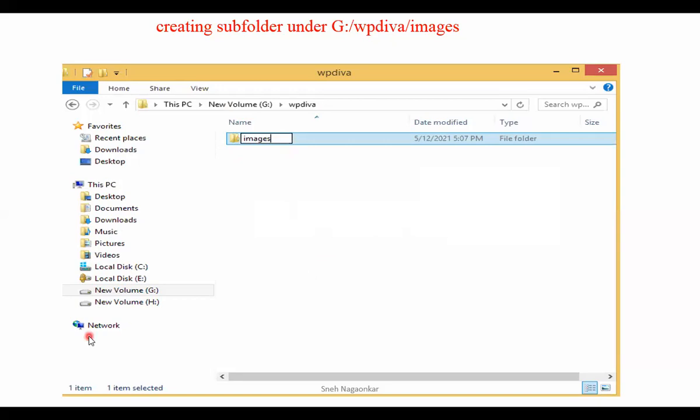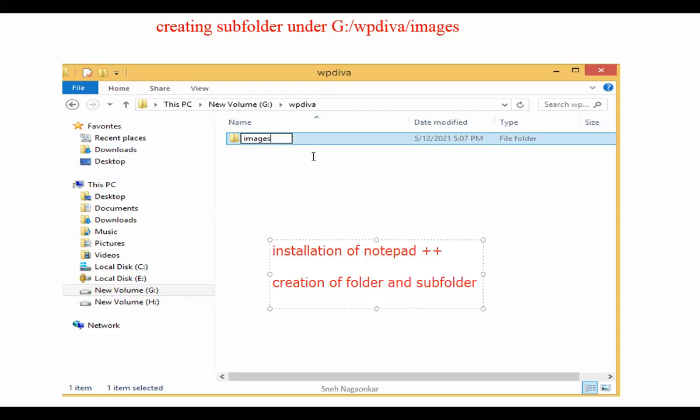The first thing we saw was installation of Notepad++, and the second thing was creation of a folder and subfolder. Next session we will take in tomorrow's class.